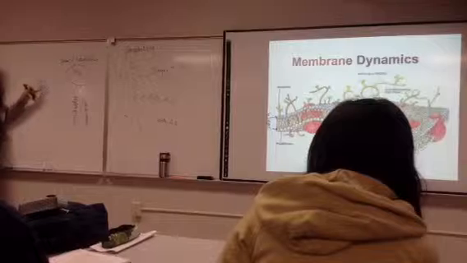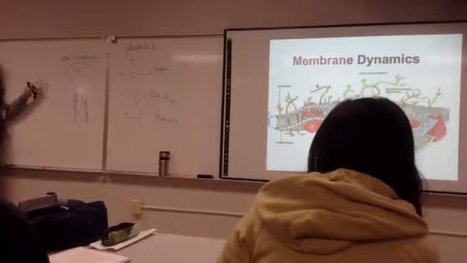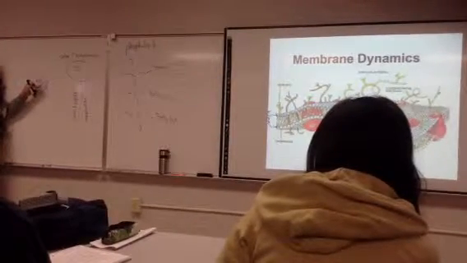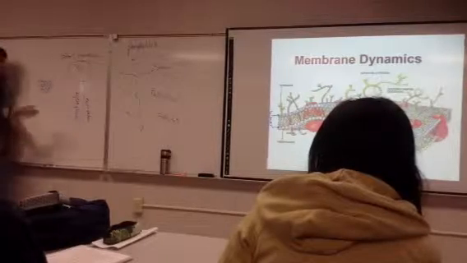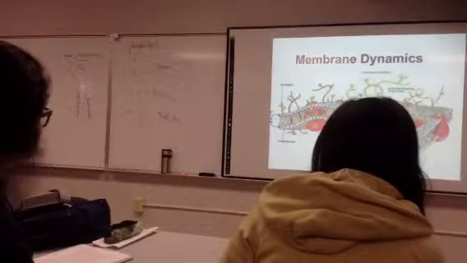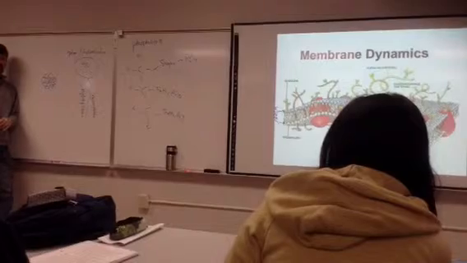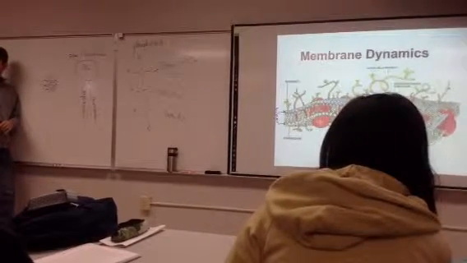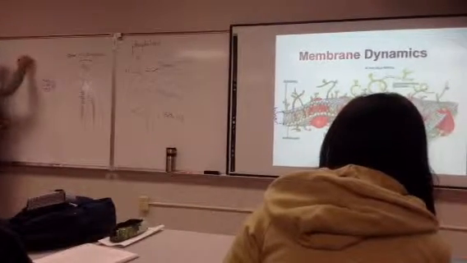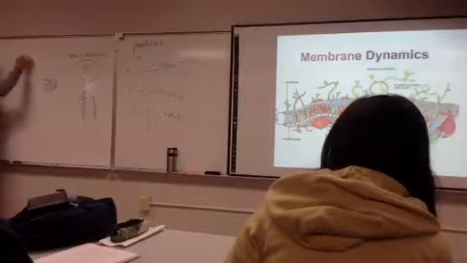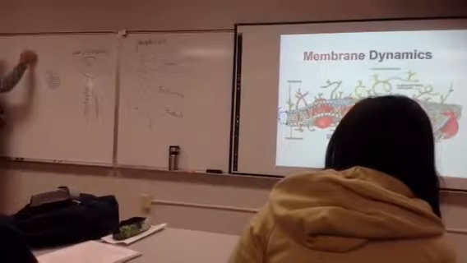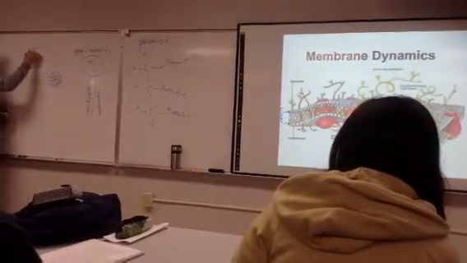But the problem with this is that now the inside of the cell, water could never exist inside the cell, right? Because you've got all of these fatty acid tails in there. So they would be pushing water out. Water would never be in. But we know cells have water on the inside and water on the outside. So the only way that you could make these work is if you put them together in a bilayer like this,